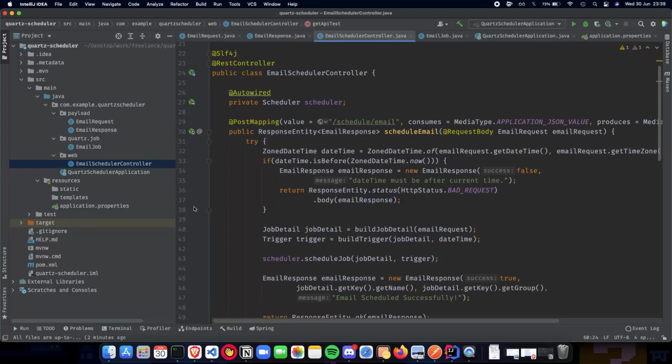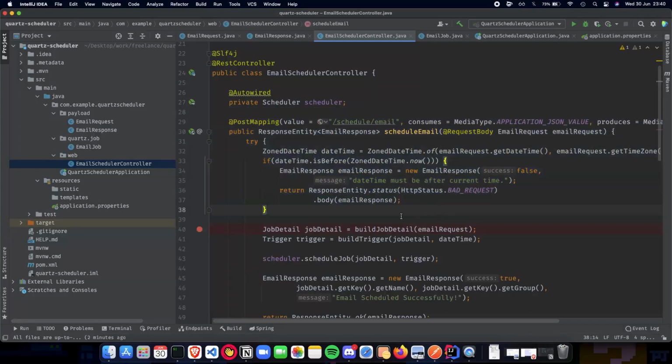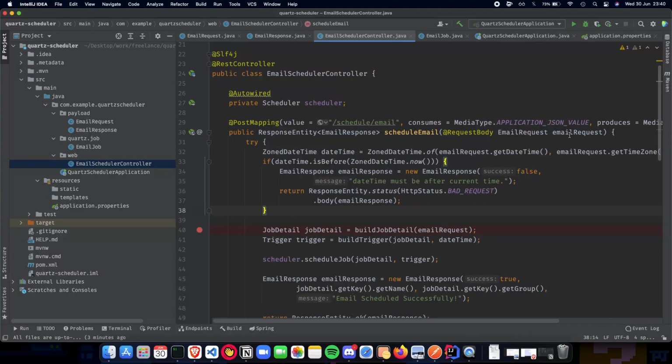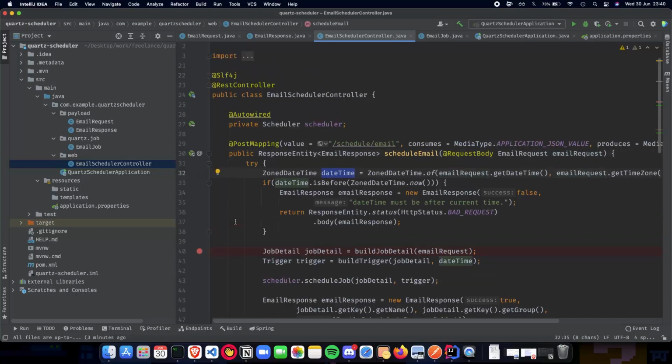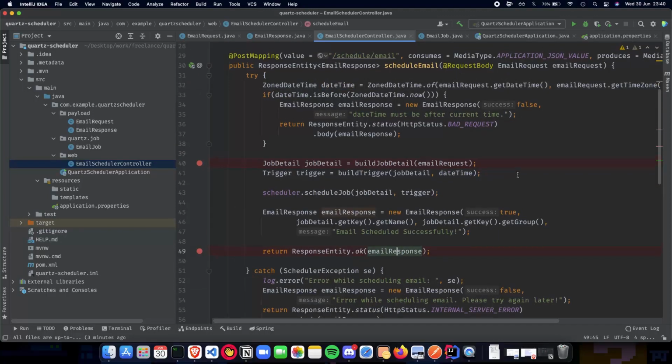If you click on a line here, it will stop the execution of the program for that line. So let's say I do it here. Everything before this, all the variables, I can see inside the debug console, and we'll see that in a minute. So I want to stop it here and see what is inside my email request. I want to see what's inside date time. That way I can see it here, and then I want to see the response, right? So I want to put a breakpoint here and see the email response that I get back.